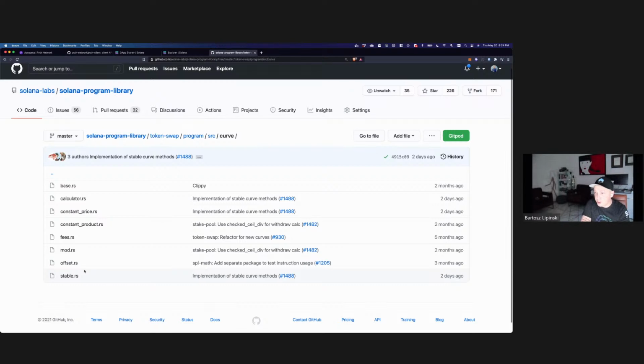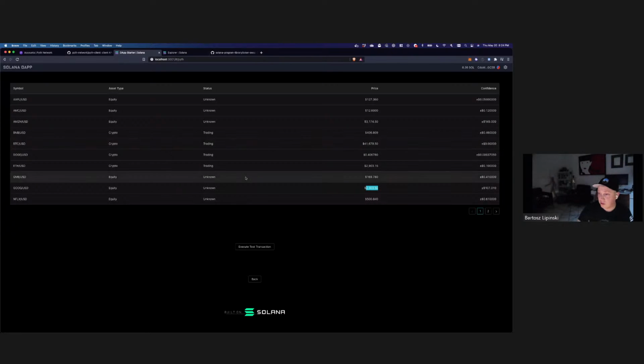So the newbie question, I guess: you will need to know Rust to create a program on Solana. That being said, there's plenty of operations that you can do on Solana that don't require Rust experience. And if you are just a JavaScript developer, you could do a lot. Even just this super straightforward example about Pyth, you could build everything in JavaScript without knowing